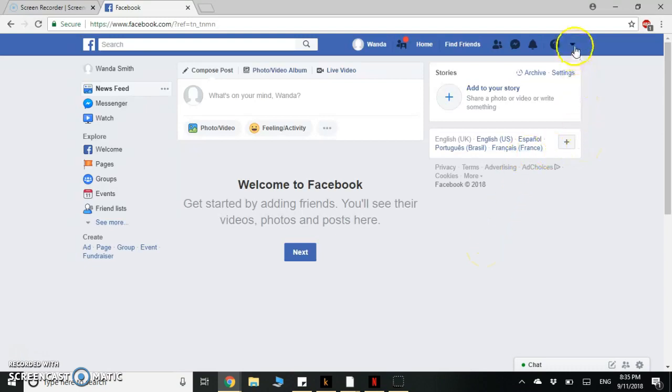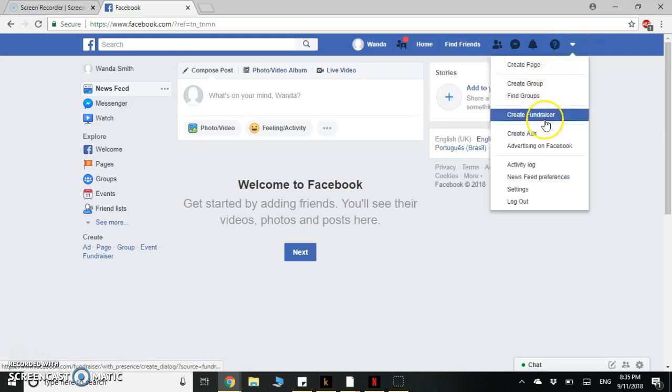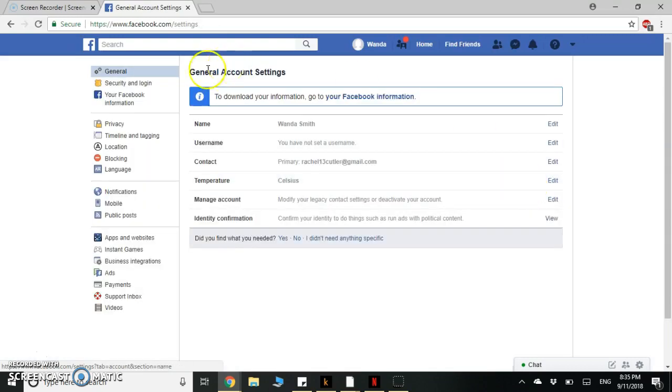So you'll start off by going up here to the right hand corner and clicking on this downward arrow. It'll come up with this list and you'll go all the way down to the bottom to settings. So click on settings, and it'll show your general account settings. But down here it has an option for ads. So you'll click on ads,